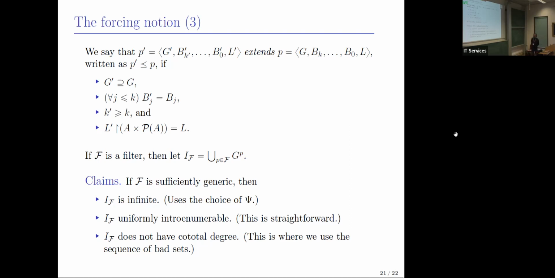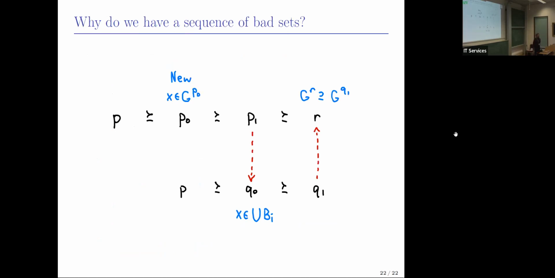I want to say very little about this last point, but I do want to explain why we have a sequence of bad sets. So I have some condition P, and I want to extend it to make progress towards my set I that I'm building not being cototal. I'm going to diagonalize against some witness that is cototal. So what I do is I put some new X into the good set carefully. This is a careful extension, such that no matter how I extend P0 to some P1,